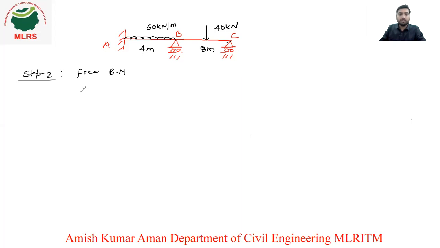Now see, for free bending moment, what we need to do is just consider it as a simply supported beam. We need to remove this fixed support and all, and just consider it as a simply supported beam, which is called the release structure. I will draw it, see here. This is A, let's take B1, B2, and this is C. Two different spans are there, AB and BC. So this is the AB span, this is your BC span, right? Over this UDL is there, right? This is the release structure.